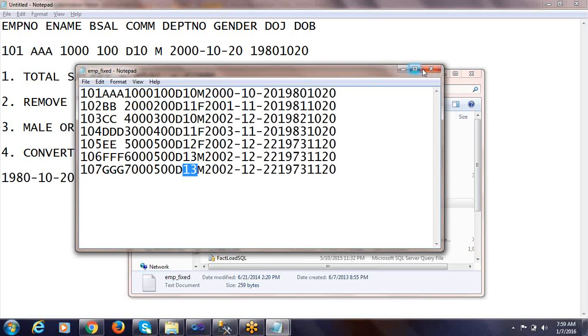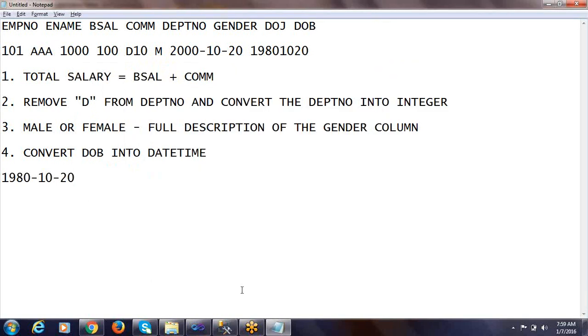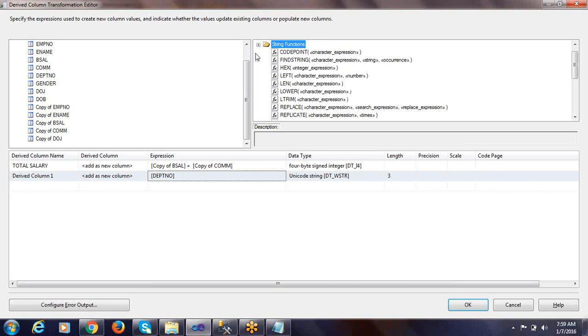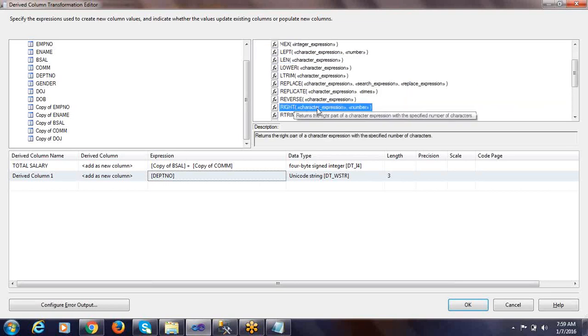So what are those functions and how are we going to use them? If you observe the top right corner, a lot of functions are there, right? If you expand the string functions, the RIGHT function is there. See, the RIGHT function is used to extract the specified number of characters from the right side. So let me drag this